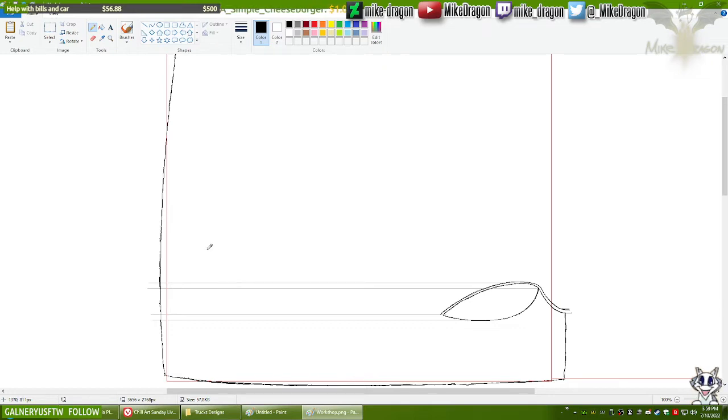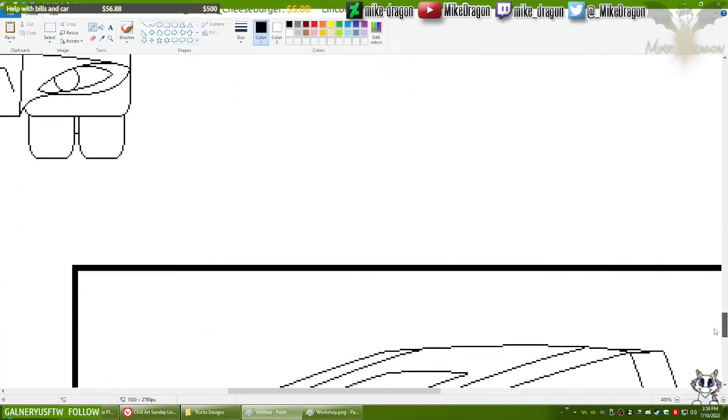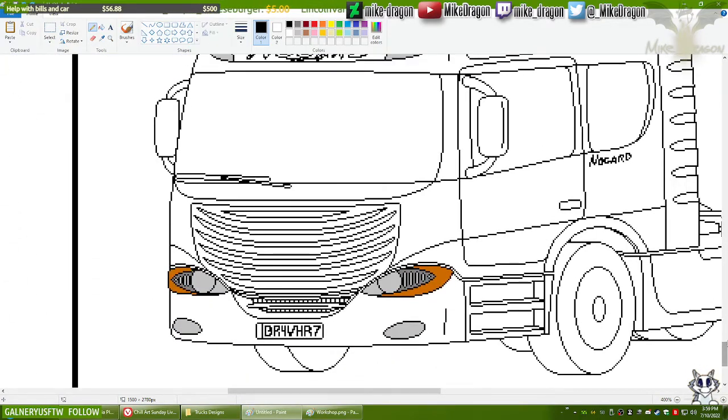The thing here is, the headlight is supposed to be curving a little more over here, isn't it? Did I mess up? Not necessarily.